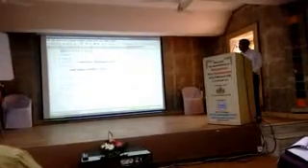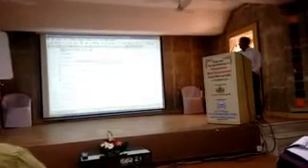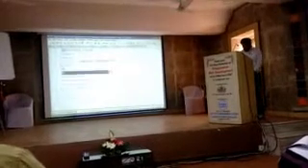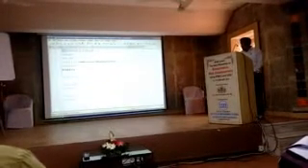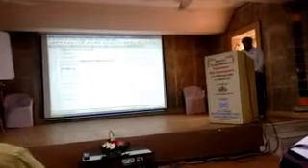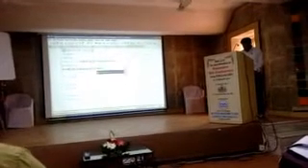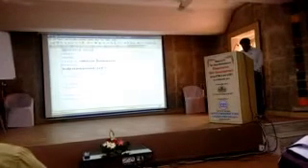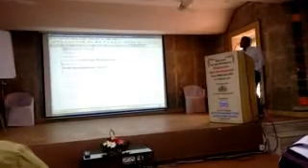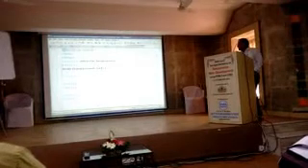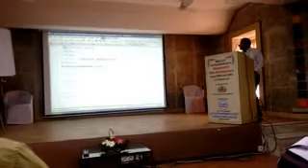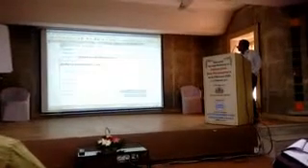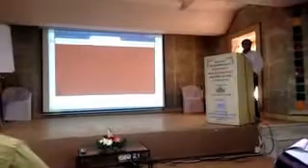How to use media queries? Here is one body tag. I'm going to define a CSS for body and set a background. Now just see, execute using Firefox. Okay, background is red, fine.